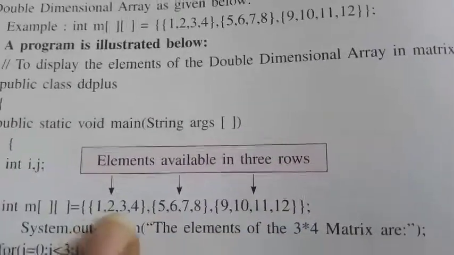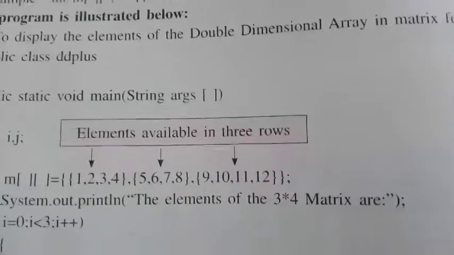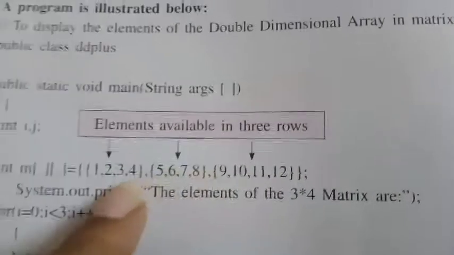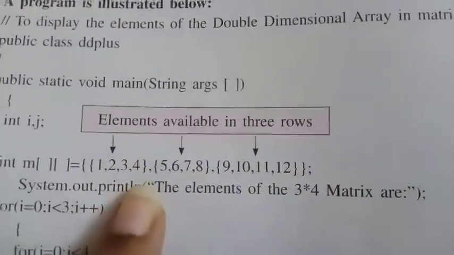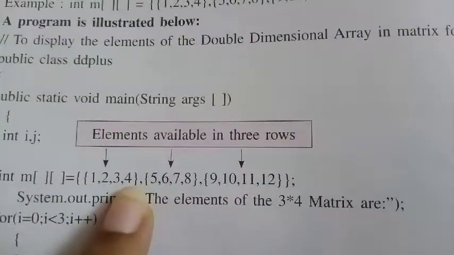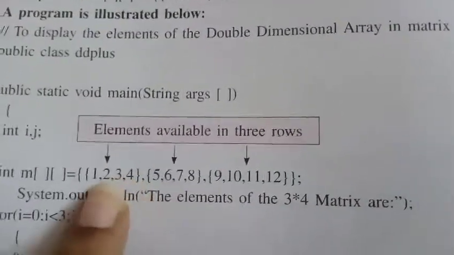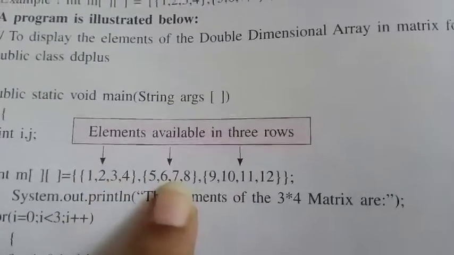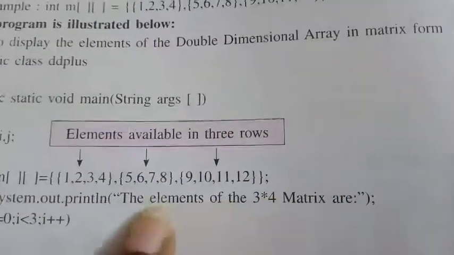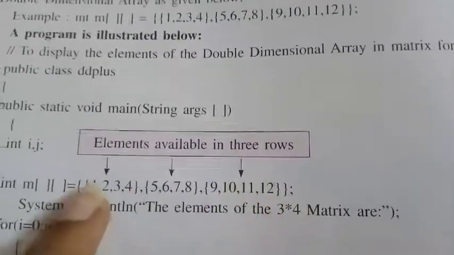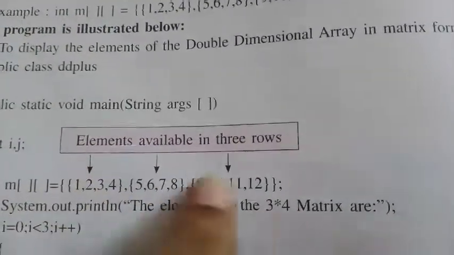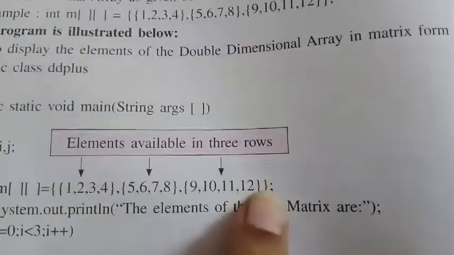Because in your memory it will be saved like that only. I'll tell you that later while explaining how it is going to be saved. So the elements in each row should be of the same size. You should not give it as this has 4 and this has 3 and this has 2. So all the elements in each row should be the same. It is not required in the y-axis, but in the x-axis everything should be the same.